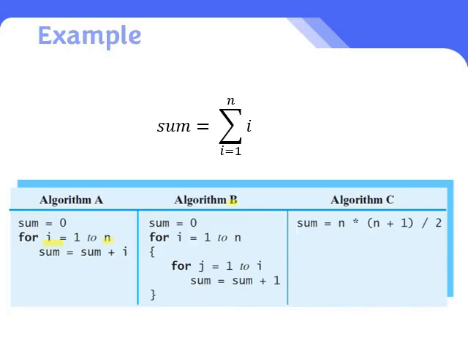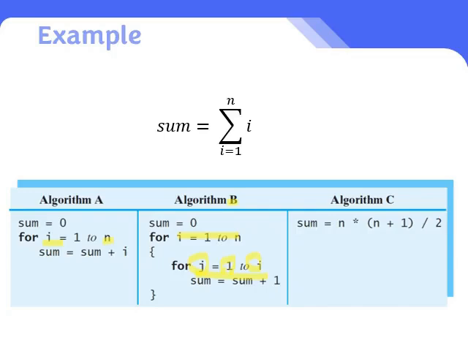And then there's your friend B, who's a bit odd. Instead of adding up the numbers from 1 to n exactly, B used something called J and calculated the sum from 1 to I. 3 means, in the end, you've added 1 3 times. This means you've added 1 2 times. So, in that way, you add up the numbers from 1 to n, and then you add that result.